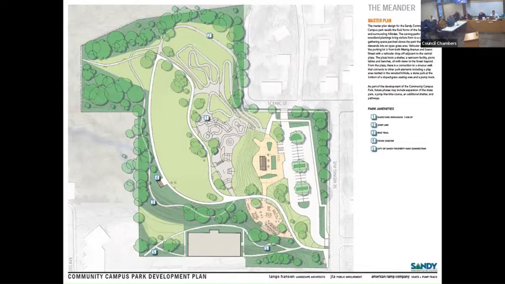I know the skate folks have been real vocal about what kind of facilities or features they want to see, and I really appreciate y'all's patience. I love the fact that the playground's a little bit bigger too, and really excited about it.